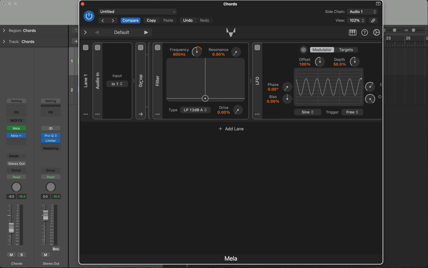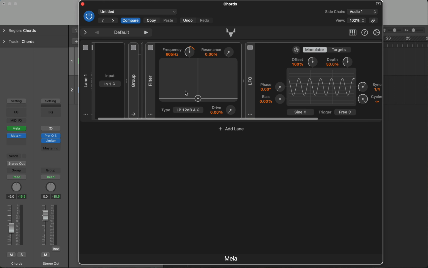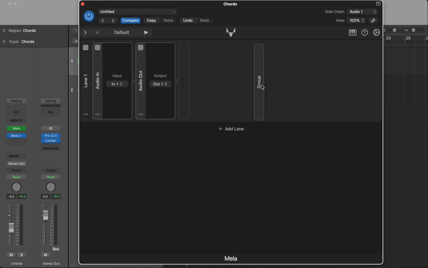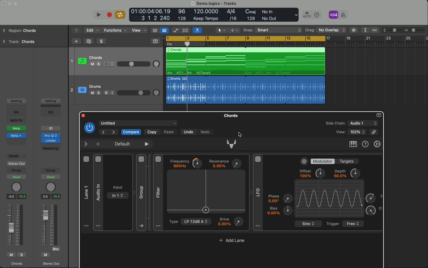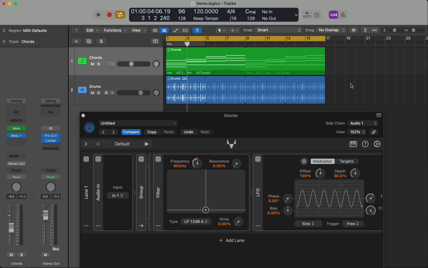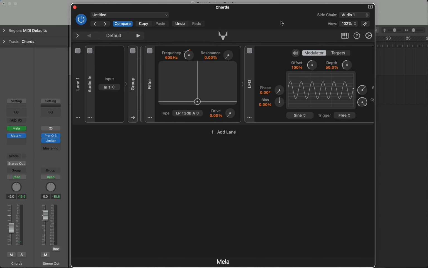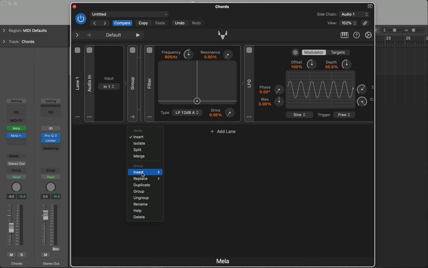So what it lets us do is group modules, move them around together, as well as bypass them all at once. And this is very useful because it basically lets you manage multiple modules. And this will sound the same as before. Okay, and we can rename this. Let's call this